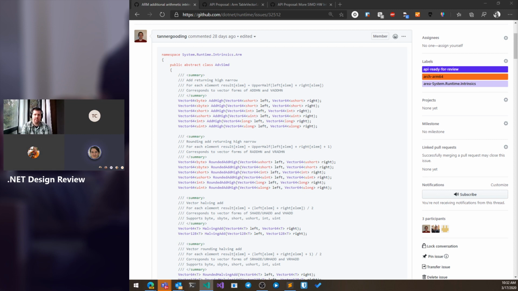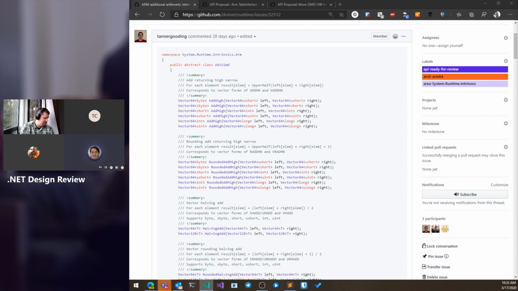Maybe we could call it add high result. Or add and return high. Yeah, maybe that would work. I was about to say that seems reasonable also. I mean, one of the downsides of that is that we start getting pretty long method names. Yeah. In which case, the ARM64 specific variant for add